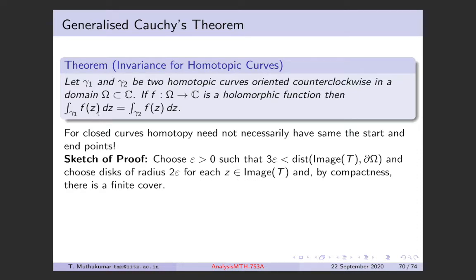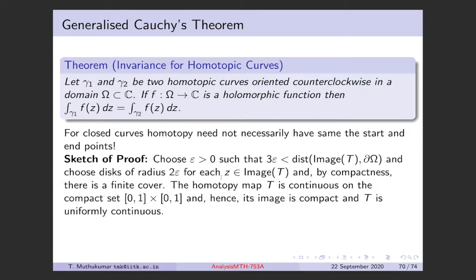Now this gamma 1 and gamma 2 are actually in the image of T. So gamma 1 and gamma 2 both are sitting inside this finite cover. And all these disks that you have chosen are simply connected domains. It's just that gamma 1 and gamma 2 are contained in the union of these simply connected domains. Okay,